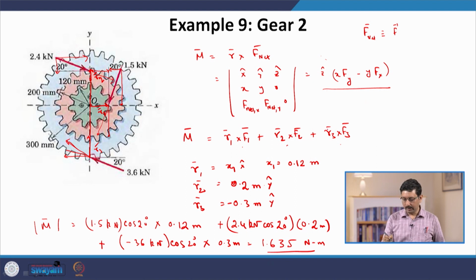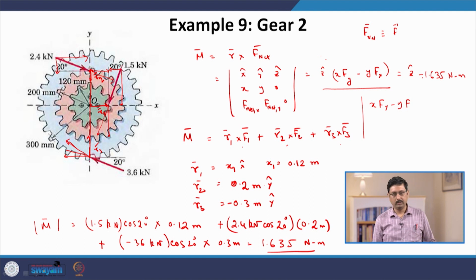So if we equate them, we get a condition that x times Fy minus y Fx. From the thumb rule we can see that the direction is going into the page, so I add a minus sign to denote that. Now we demand that these two torques must be the same. That is how we determine the line of action. So then we get,